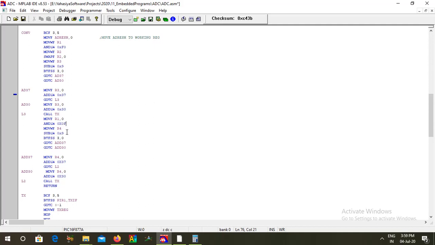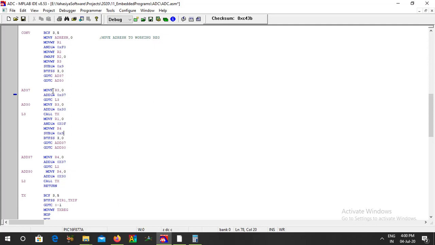After extracting it, we are checking whether it is less than or equal to 9 or greater than 9, same operation. So we are doing it for LSB. If it is greater than 9, we add 37, less than 9 we add only 30. The reason behind that is we simply want to see them in the terminal, that is in HyperTerminal or ASCII terminal, we want to see our X value in terms of ASCII value. That is the main aim of this conversion function.